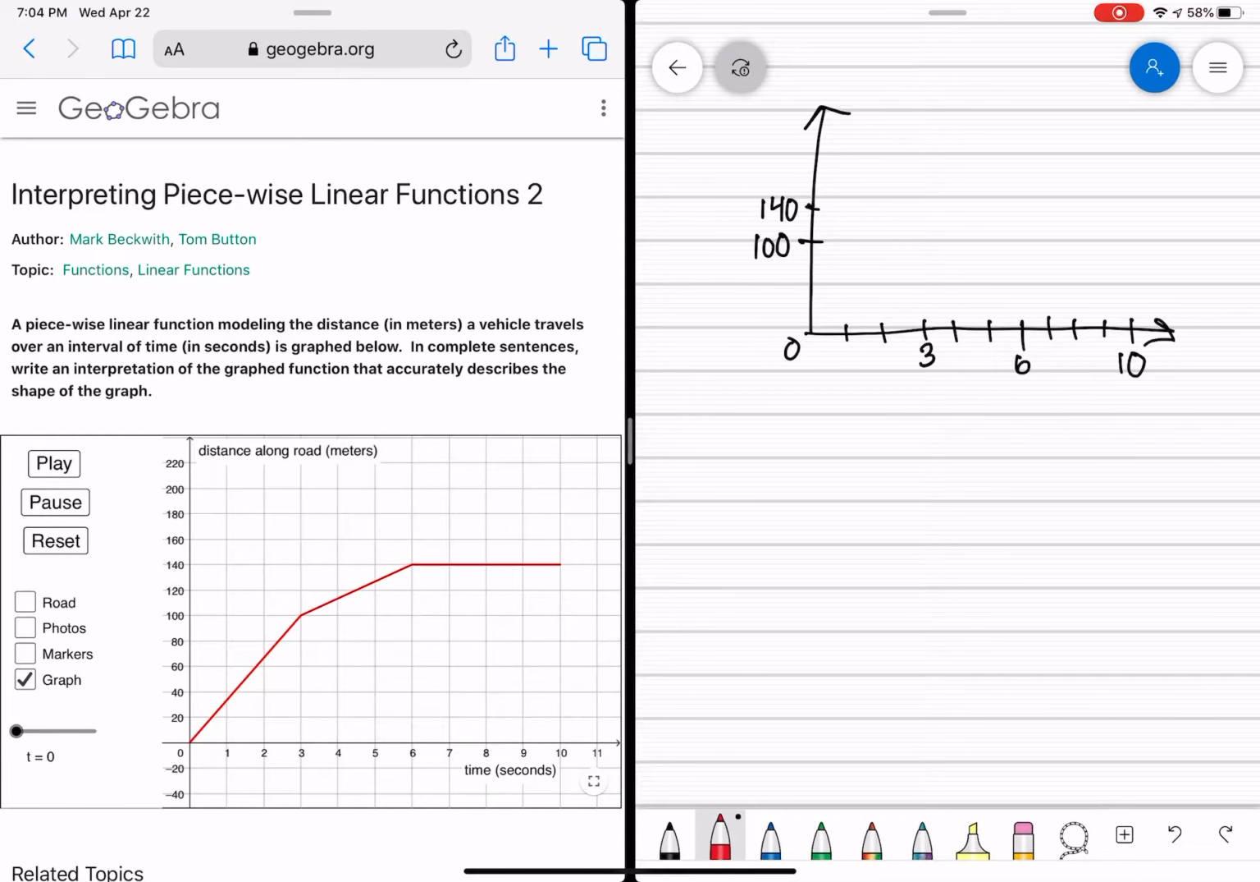So this is the second graph that you want to focus on. Here's another example of a story that you can use. So let's take a look at this graph. I notice that we start at a distance of 0, and then 3 seconds later, we're already at